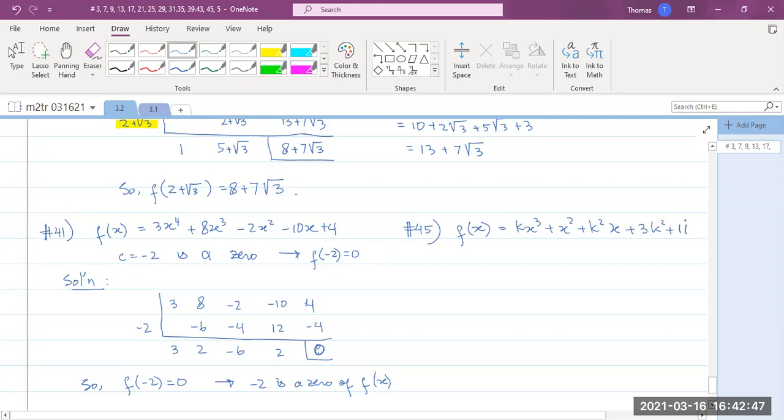That's the polynomial. Okay, f(x) is divisible. Hold on, give me a second. f(x) is divisible by